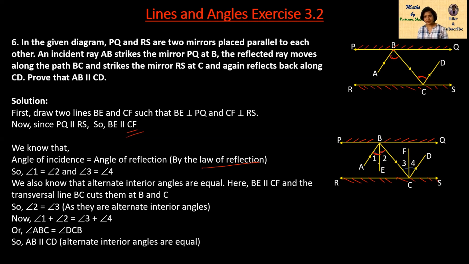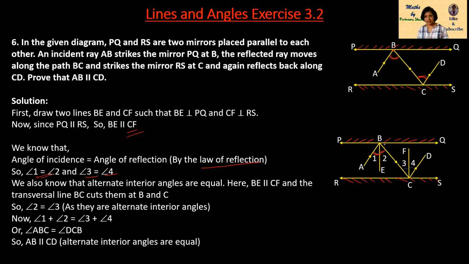So here we have given some names, 1, 2, 3 and 4. That means angle 1 equals angle 2, which I have written here, and then angle 3 equals angle 4. Now we have to prove that this whole angle is equal to this angle, means angle 1 plus 2 equals 3 plus 4, right? So for that we are going the same way.